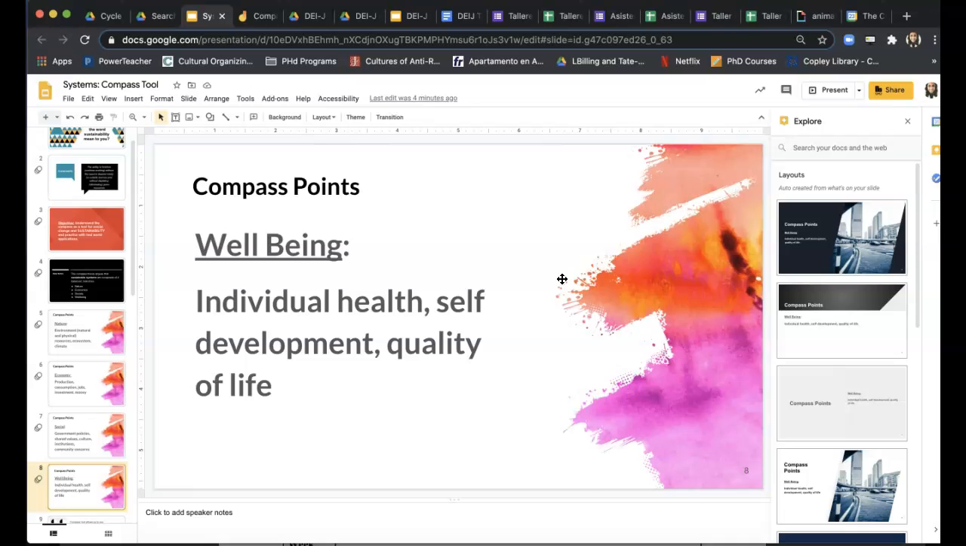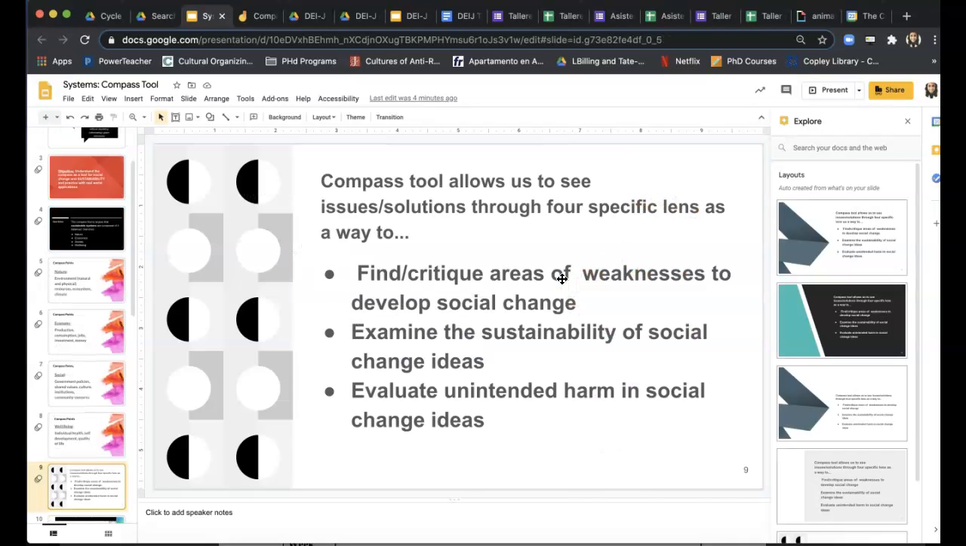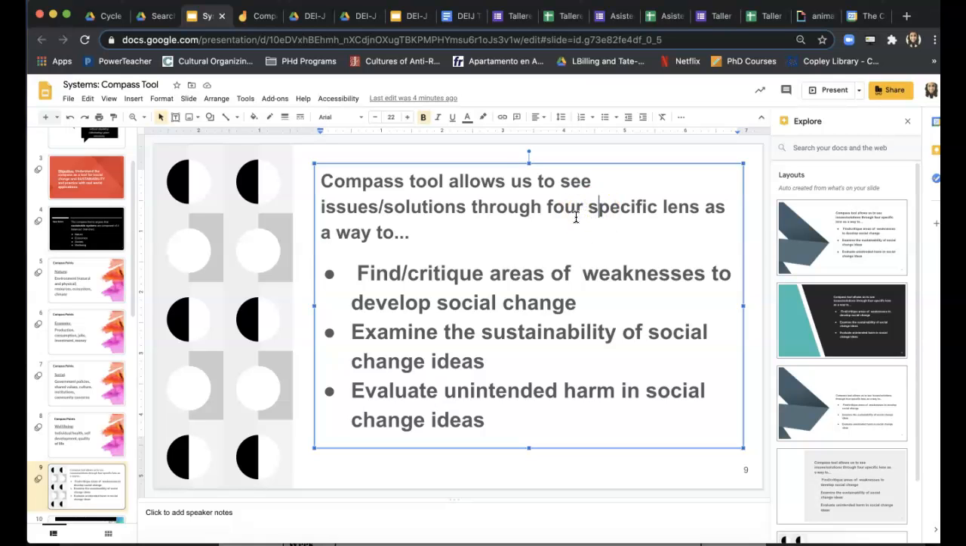Those are the four components of Compass. Then you'll give them these last notes, which is the purpose of Compass: it allows us to examine our issues as well as our solutions through four specific lenses, meaning nature, economy, society, and well-being, in order to